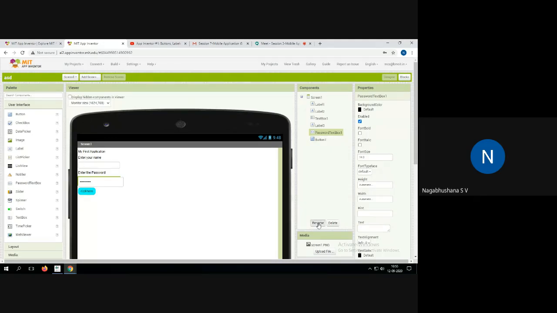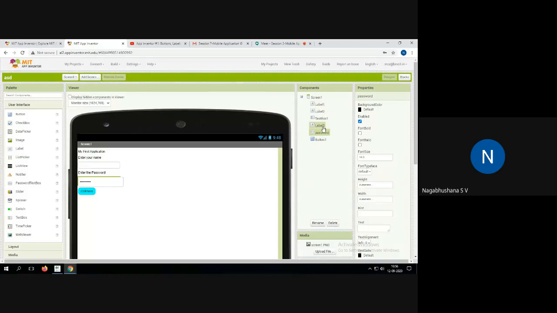Okay, and whatever you want, you can also replace with the name that you wanted here. So password text box 1, password text. Whatever name that you wanted to give it, you can just give it. Say I just give it a password or something like that. It is basically a name.